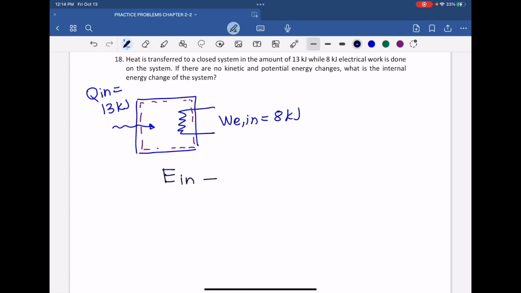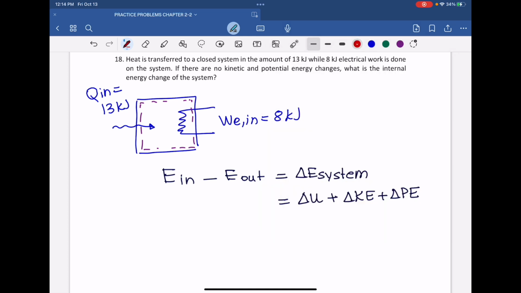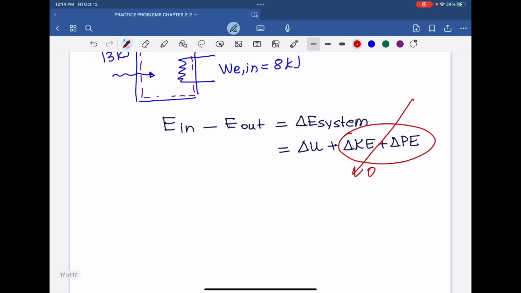Energy getting in minus energy getting out is equal to the change in the energy of our system. But the change in the energy of our system is equal to its internal energy change, kinetic energy change, and potential energy change. But we learned that these terms go to zero when our system is stationary. And in fact, the problem statement says